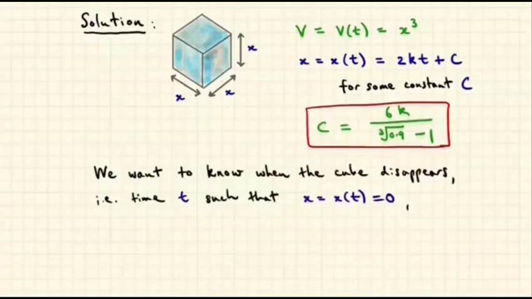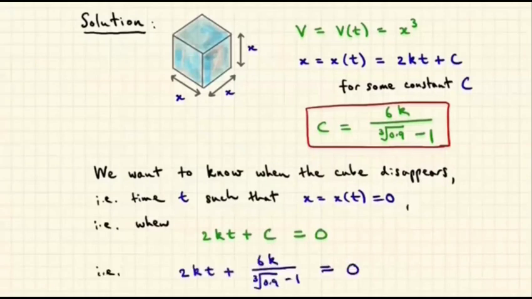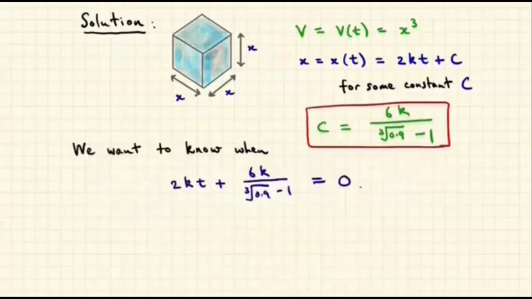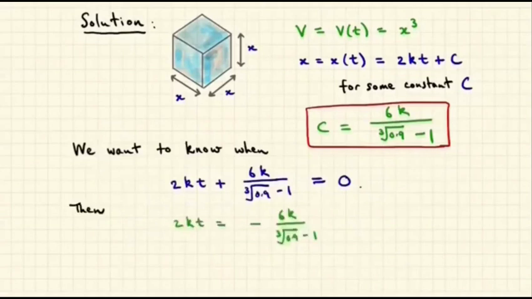We can now substitute in the formula for c in terms of k. We therefore want t such that this equation holds. Rearranging and noticing that k cancels out, we get that t equals 3 divided by 1 minus the cube root of 0.9,